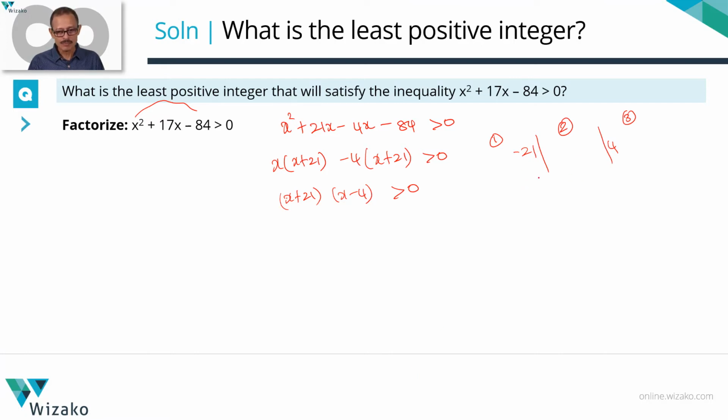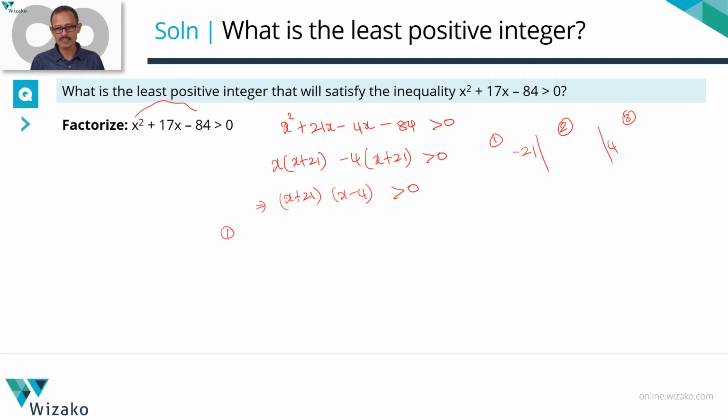I'm going to pick some number from each of these intervals, plug it into either this equation or here, wherever you choose to. This is an easier place to plug it in and check out whether the result is positive. Wherever the result is positive, those are the ranges of values where x will hold good, where this inequality will hold good. Let's start with the first range.